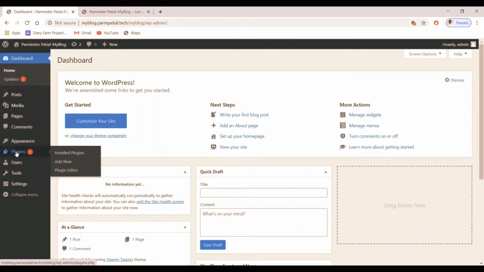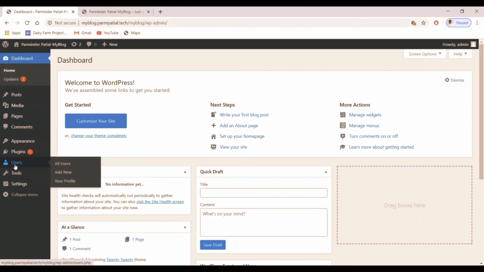Then we have another option, plugins. Installed plugins is used to see the plugins that we have already installed. If we want to see them, we have to click installed plugins. And add new means if we want to add a new plugin, and if we want to edit any plugin and make changes according to our website, then we can use the plugin editor.